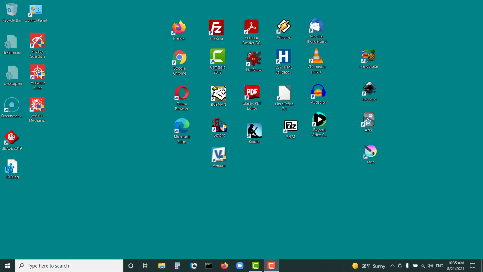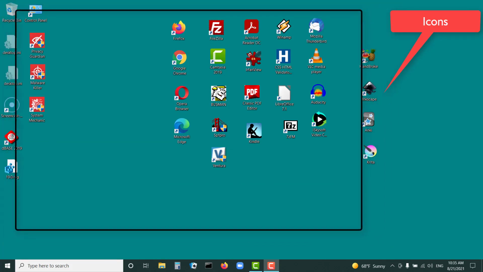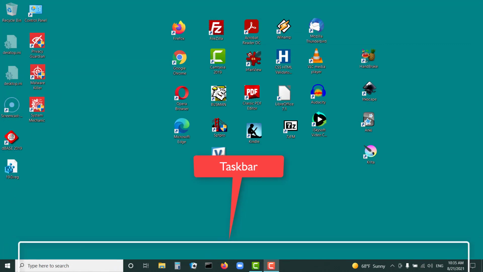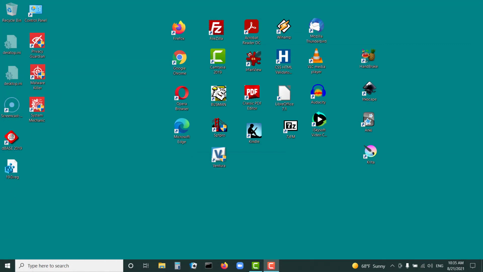This is my desktop, and it works for me. Take note of icons, images that represent applications or, in a few cases, files. Taskbar, icons for some available apps and all currently running applications. On the far right side, the system tray, icons for system status indicators such as battery level, internet connection strength, and more. On the far left, the Windows icon, the Cortana icon, and the Task View icon, and more on